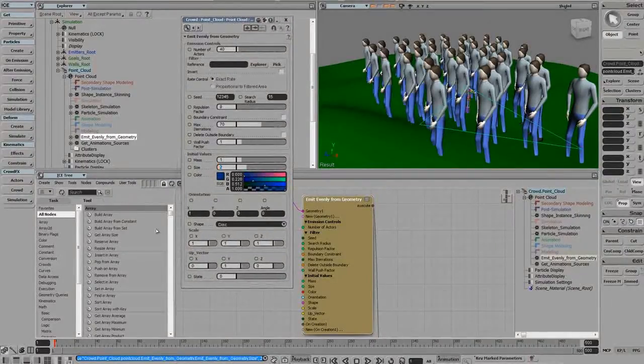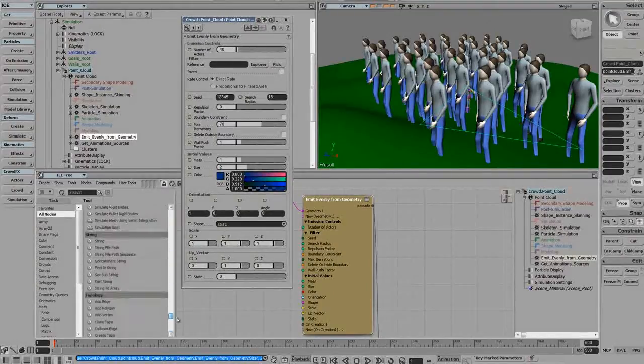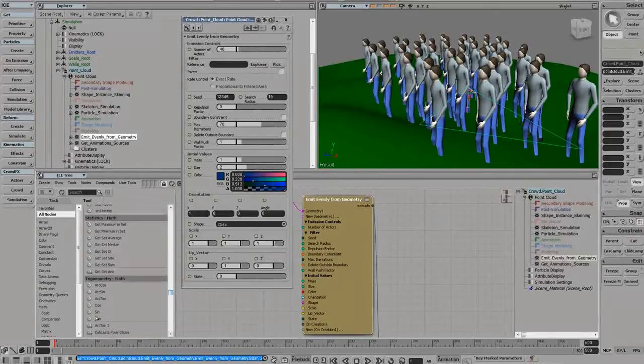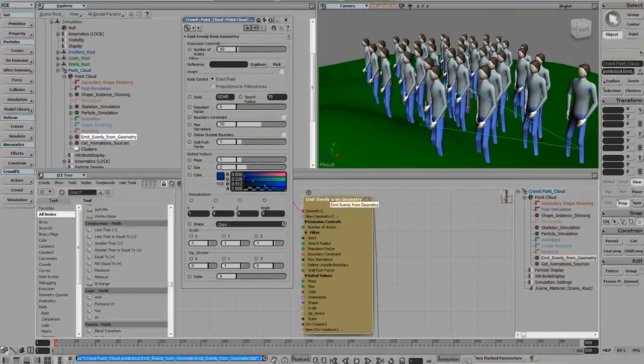So over here to my left, we have this long list of different nodes. These are all the different nodes that you can use within ICE. Some of these are basic if-then statements, things that generate sine, cosines, things like that. Remember, this is a full programming language. It's multi-threaded. It's a full visual programming language that essentially allows you to replace writing code with something like C++ by using these nodes. A lot of these nodes have a lot of functionality already built into them, like the